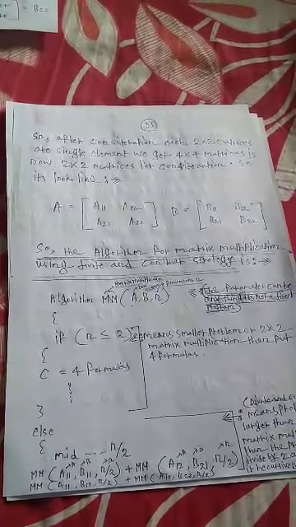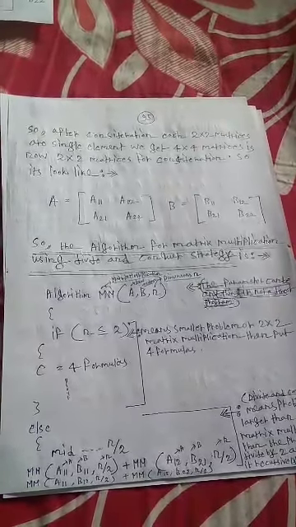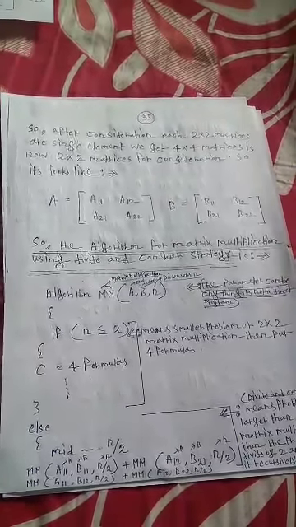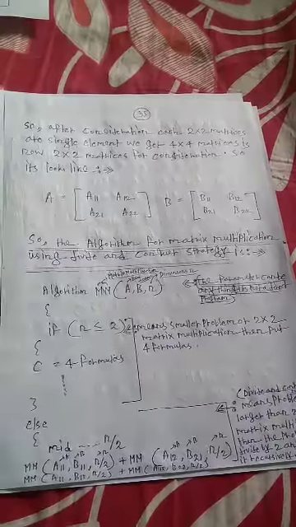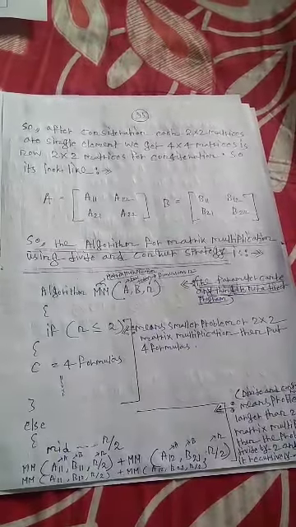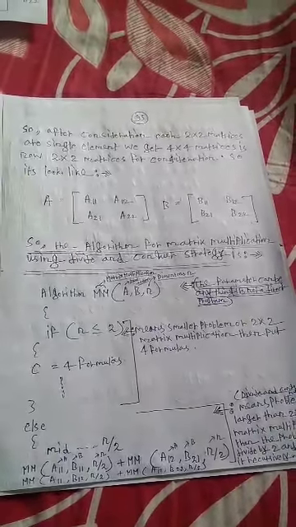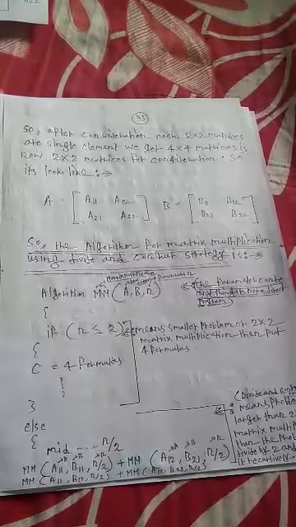So after consideration each 2 into 2 matrix as a single element, we get the 4 into 4 matrix as a 2 into 2 matrix for consideration. So it looks like A is equal to A11, A12, A21, A22, and B is equal to B11, B12, B21 and B22. It comes like the normal matrix multiplication general form, because we can apply divide and conquer rules, and a 4 into 4 matrix we can divide by 2 and we get this type of matrix.